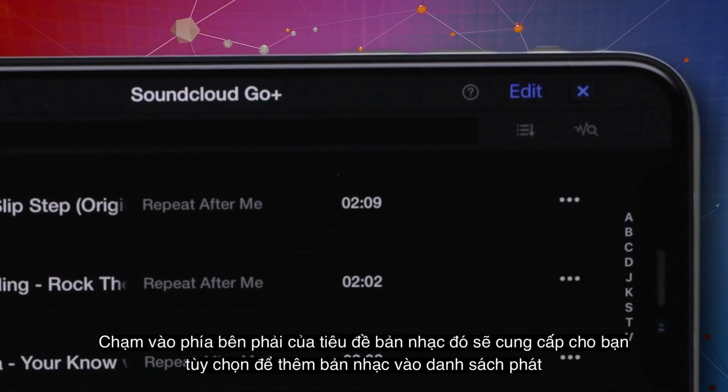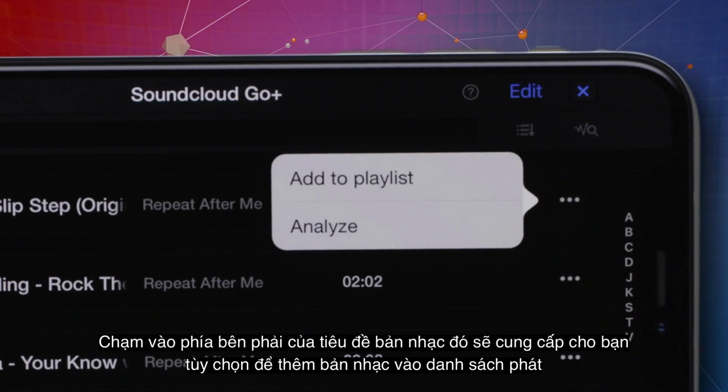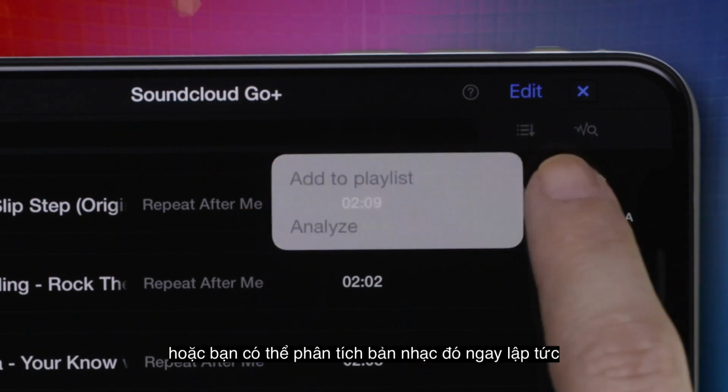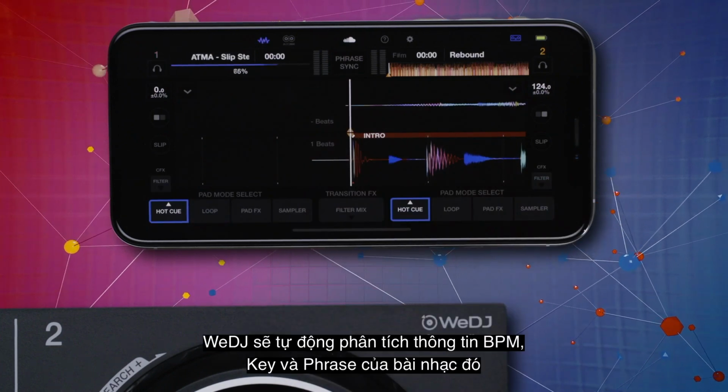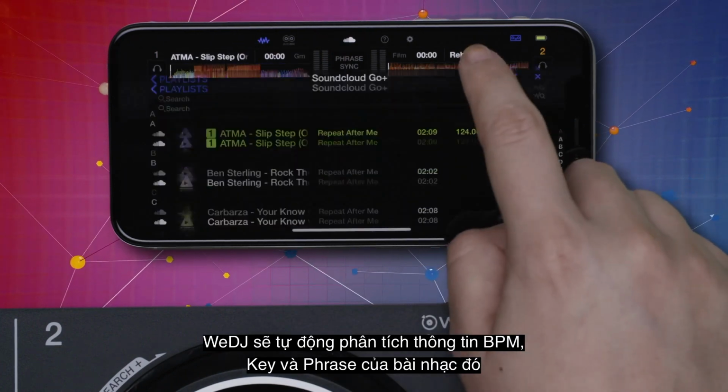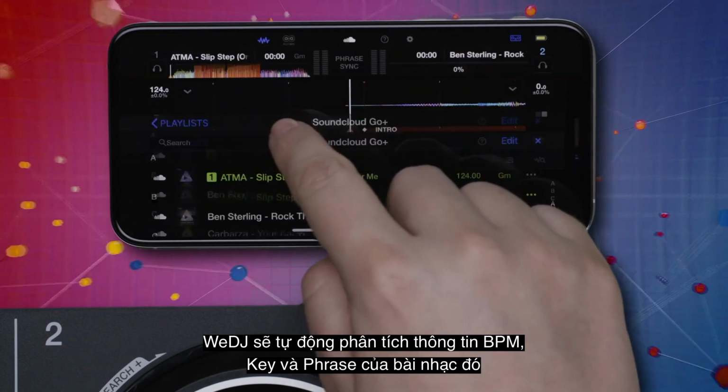Tapping to the right of that track title will give you the option to add it to a playlist, or you can analyze the track straight away. When tapping to load a track into a deck, WeDJ can automatically analyze that track for BPM, key, and phrase